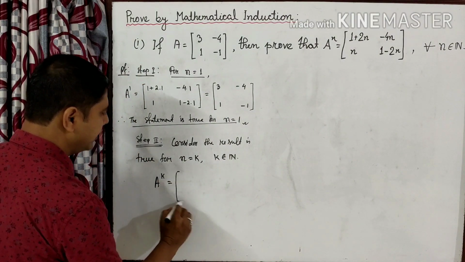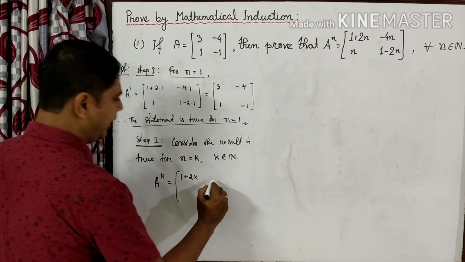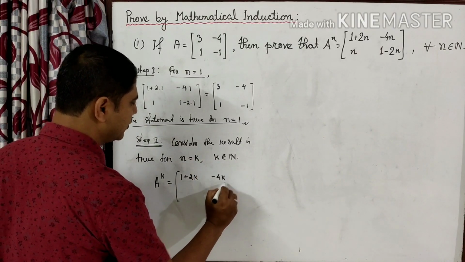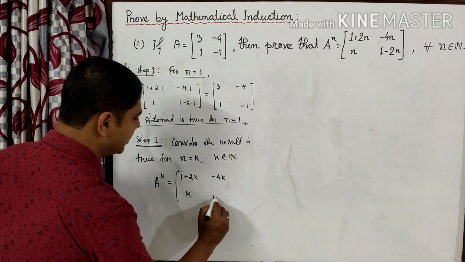Therefore, the given statement can be written like this: A to the power k is equal to 1 plus twice k, and next minus 4k, and this one is k, and the final one is